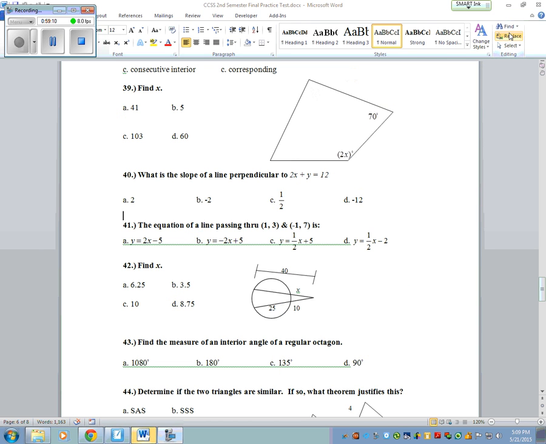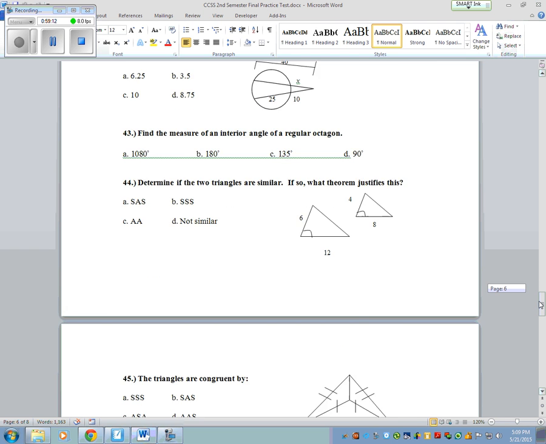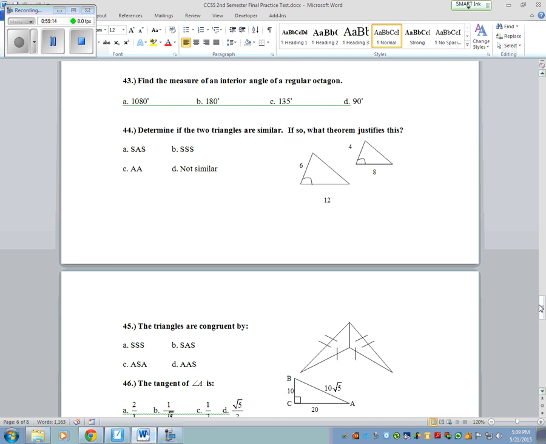Wrap this up here. So 43 through 45. This is did 43, 44 maybe through